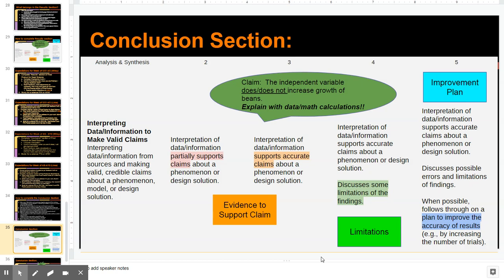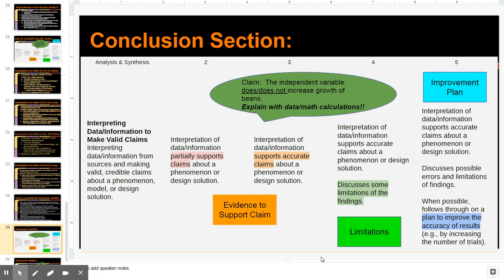So what does that look like? I talked about it in the last video. Don't just give me one piece of evidence with math. Don't just talk about the averages. Talk about averages, give me the numbers, but also do another piece of math. Maybe you do ratios or percentages or ranges and talk about why that matters. Maybe talk about patterns that you saw and mention them in your conclusion section. The more you explain, the more support you give, the more likely you are going to be on the